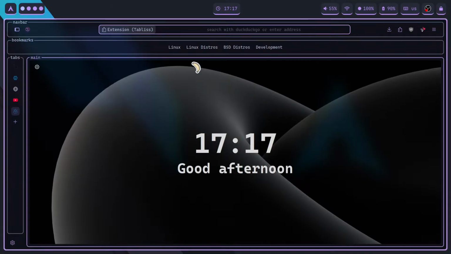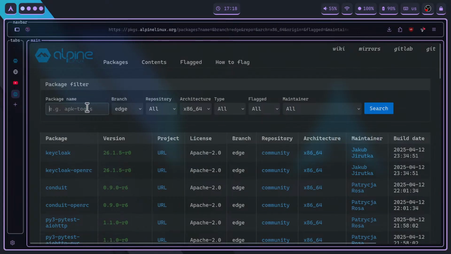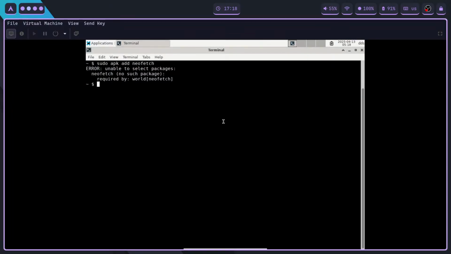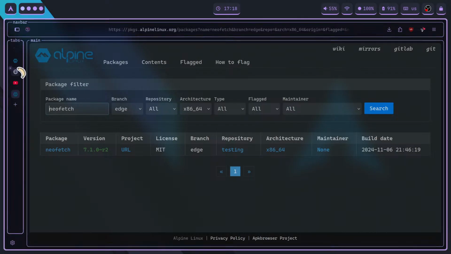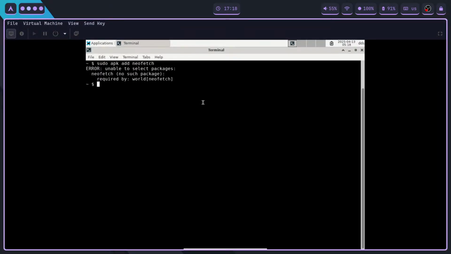Neofetch is not there anymore. It's in the testing repo. Why? I don't know why. Okay, well, we're not going to install neofetch using Alpine. We're going to install some Strata, which is effectively just installing another distro through Bedrock Linux. Using this command, we're going to